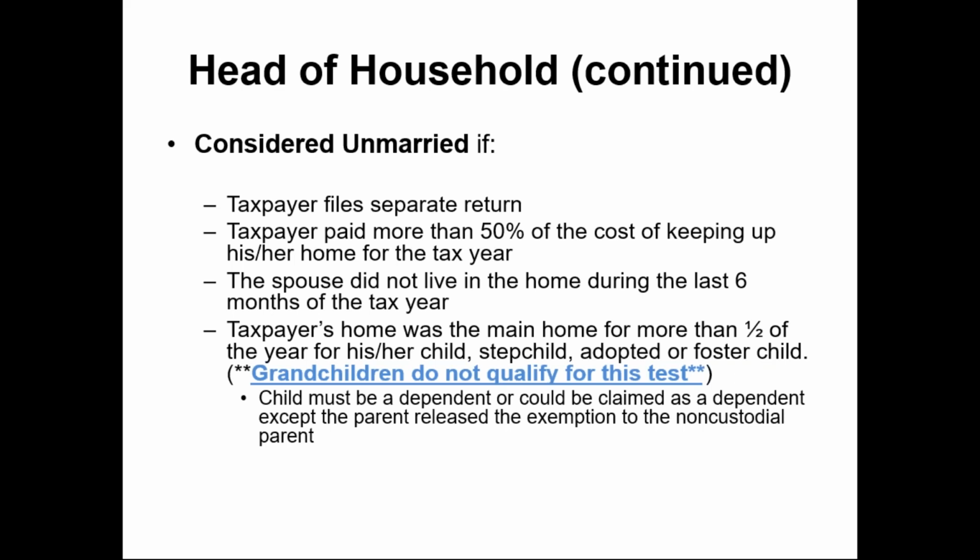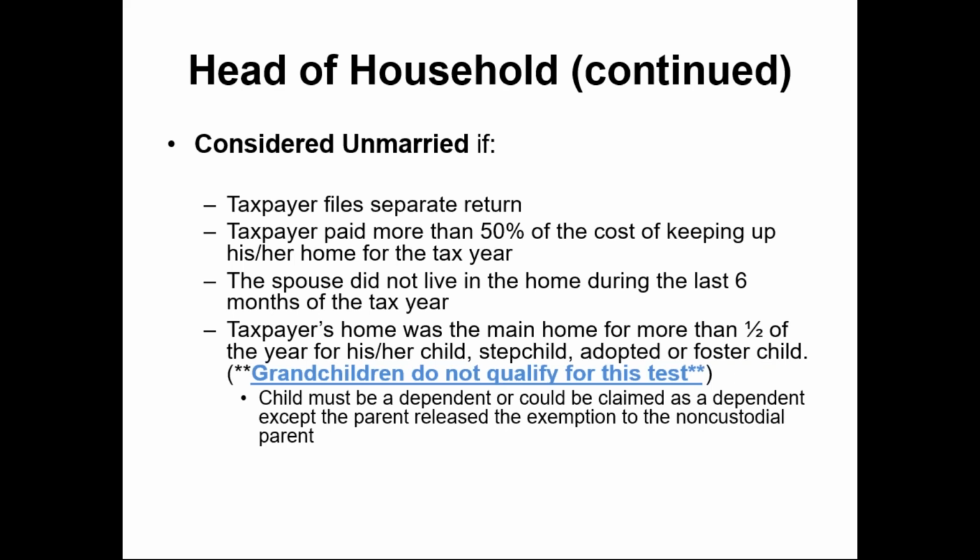If you have a separate return from your spouse, so you want to file separately, and you paid for more than half the cost of keeping up the home for the entire tax year, and for the last 6 months of the year, you did not live with your spouse. So we're looking at July 1st through the end of the year, you did not have a cohabitation relationship with your spouse. Whether you moved out or you kicked them out, they were not there for the last 6 months of the year. It gives you an opportunity, where you otherwise would have been filing married filing jointly or married filing separately,